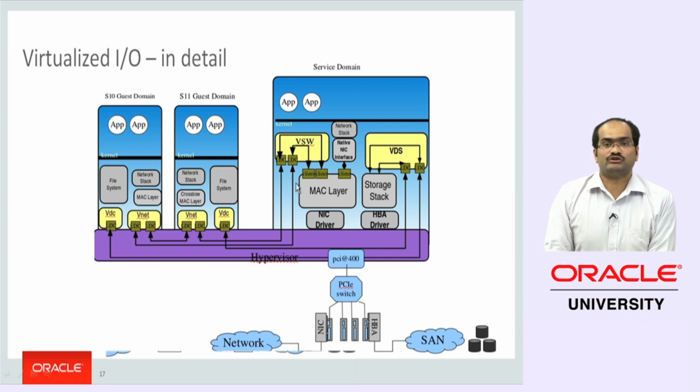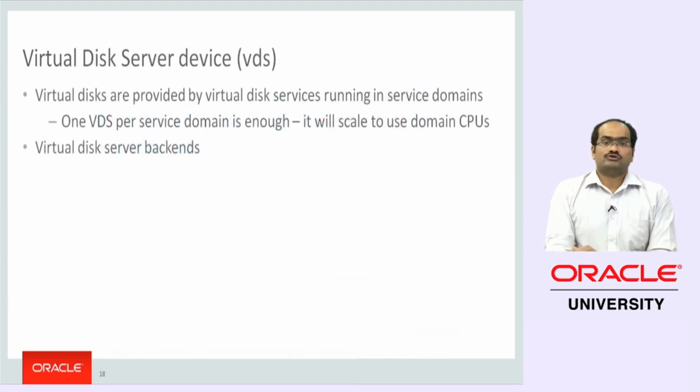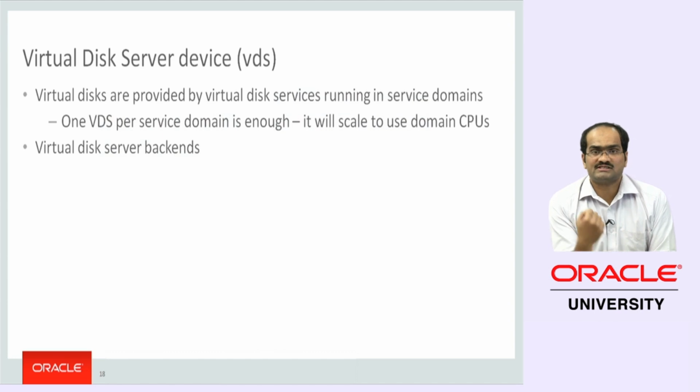So this is typically a virtual I/O picture, and similarly the disk services are provided through the VDC. VDC is a virtual disk client which is exported inside a guest domain. On top of it, you can create your own file system, and all these disk messages will be queued into this logical domain channel. The VDS in the service domain, which sits on top of the storage stack, will be responsible for doing the actual read, write, or whatever I/O on the disk. VDS is the virtual disk server, as I mentioned, which runs in the control domain and manages all the disks in the machine,